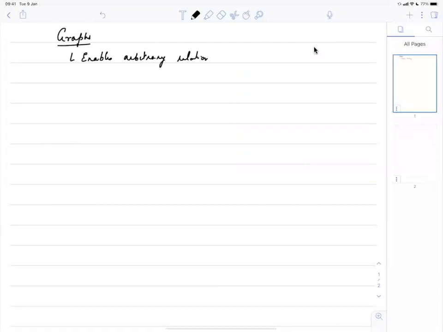Okay, today we're going to talk about a new type of ADT called graphs. And what does it enable for us? It enables arbitrary relationships between data, and